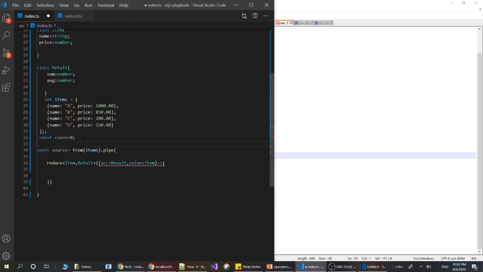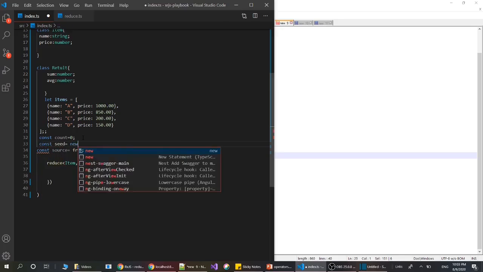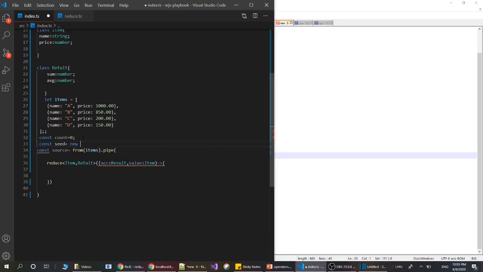Let's create a const seed, which is a new Result, and we are going to set some properties here. Seed.sum, meaning the initial value of sum, is 0, and seed.avg, the initial value for average, I'm also going to give 0.